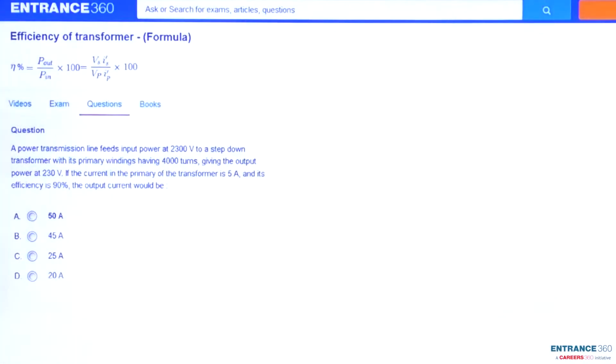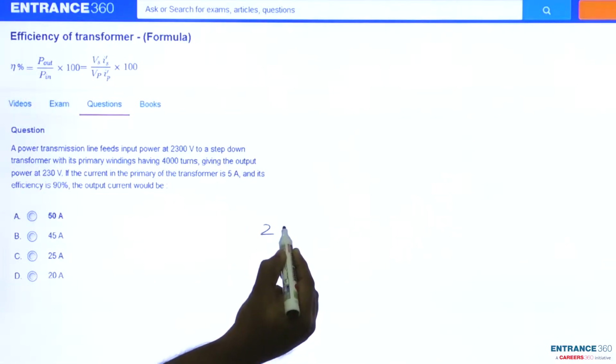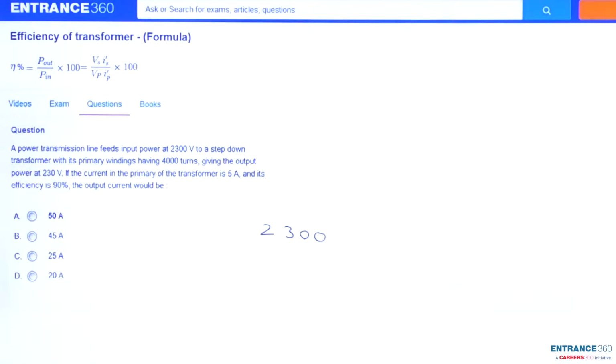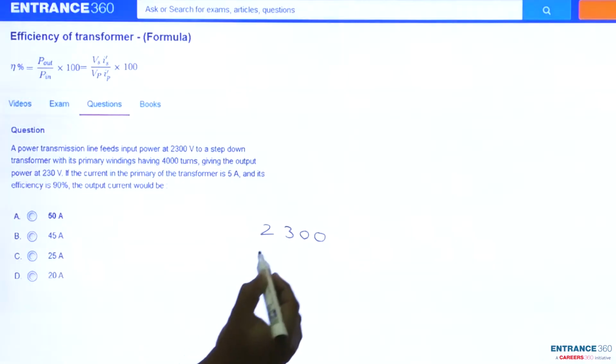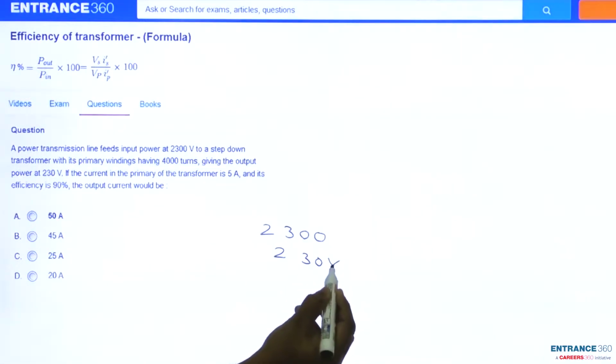Hello everyone, let's discuss a question from the chapter Electromagnetic Induction and Alternating Current, and this question is from the concept of transformer. The question says a power transmission line feeds input power at 2300 volt to a step down transformer. So secondary voltage will be less than primary voltage,